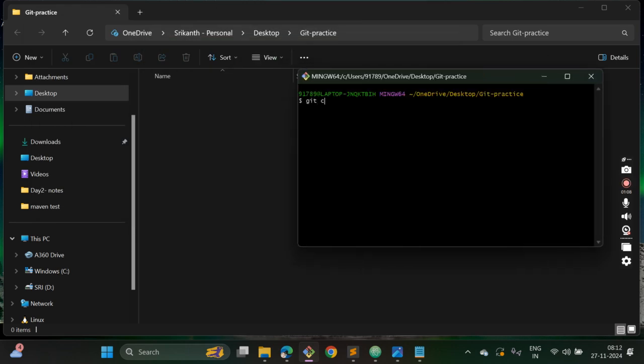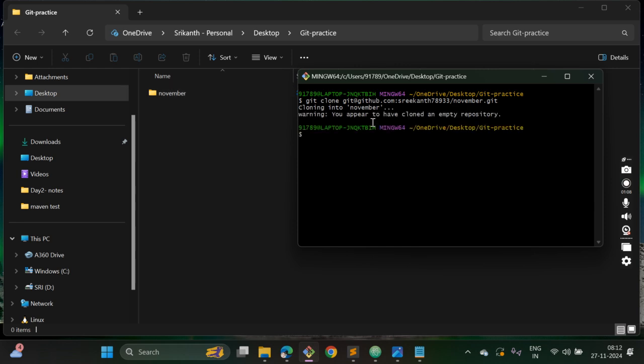Git clone, and then the repository URL. See, it is cloning. If you observe, November came, that means our repository came here. A repository is nothing but a folder. You have cloned an empty repository, correct? So if you go inside November,